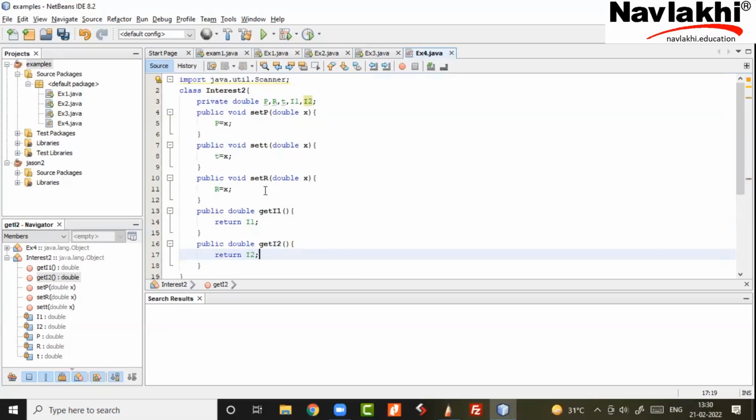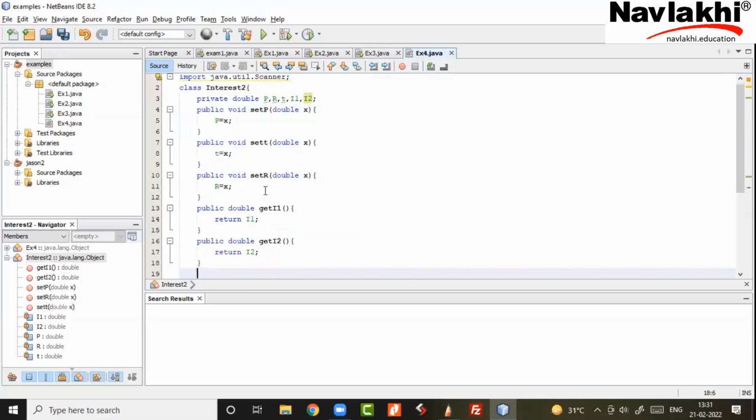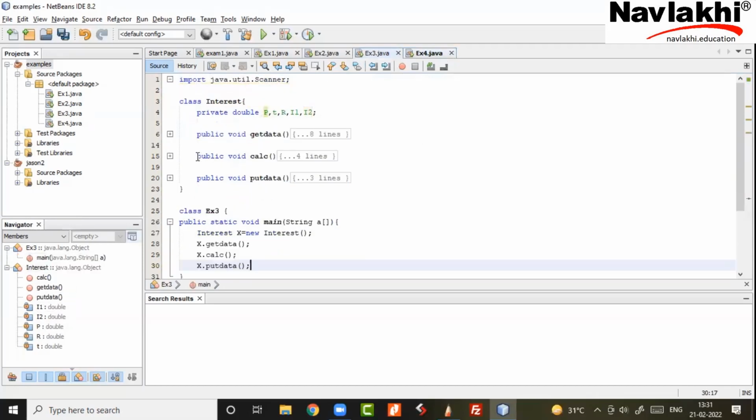Okay. Now, what is the significance of void? Can you explain that? Void matlab I'm not going to send back any answer when the function ends. When this function ends, are you going to give back something to main? No. Void. हम लोग कुछ return नहीं कर रहे. No return is void. But then if the main asks, then... But main ask का सवाल नहीं है. I will give if I want to give. Main पूछेगा पर मेरा function return होना चाहिए. Like main wants I1 का value after the calculation is over. Main wants I2 का value. तो इससे हमने get I1, get I2 लिखा हुआ है for main to get the value of I1, I2. Okay. Obviously, I'll have the calculate function, which I'll just copy from the previous one.